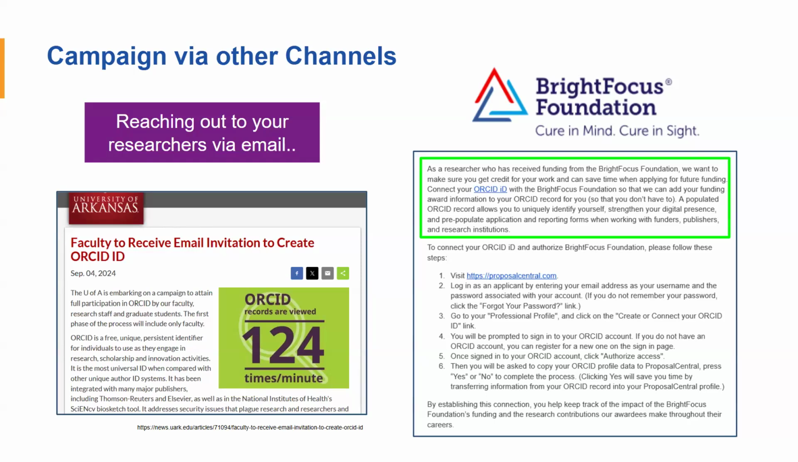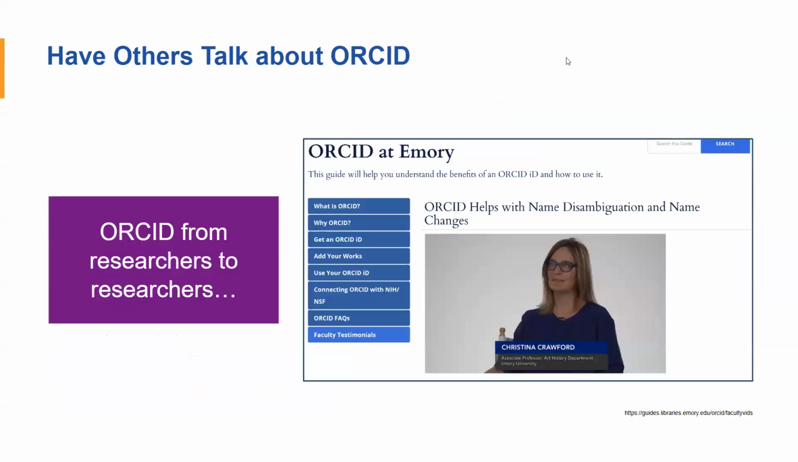And another example here is from University of Arkansas, providing information about an upcoming campaign related to ORCID. So via email, for example, letting everyone know that this is coming up at our organizations. And that way, everyone is aware ahead of time of what's going on. And finally, on the next slide,